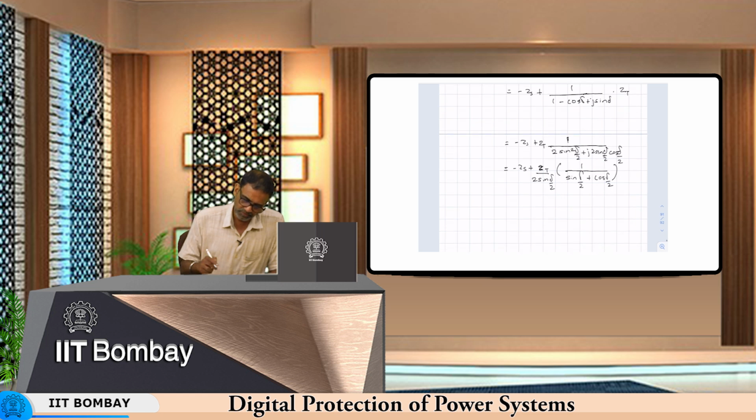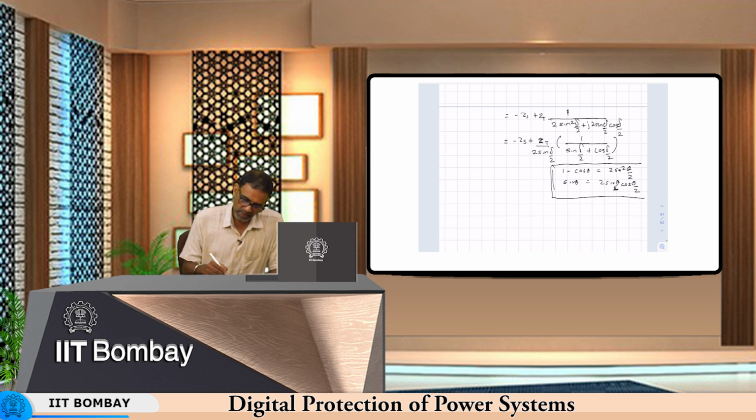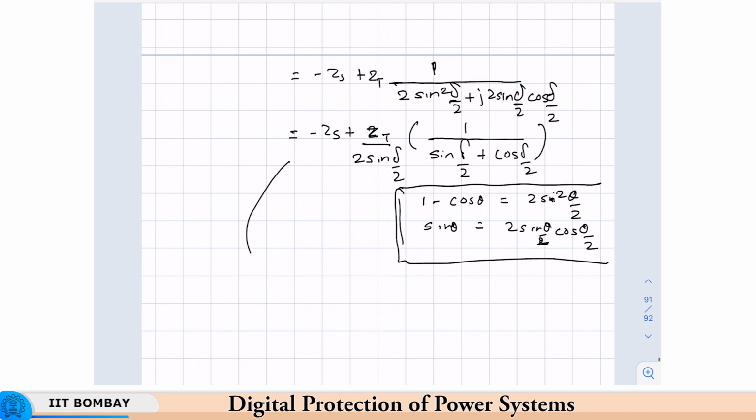If you are wondering what this is, we have just used 1 minus cos theta, and sin theta is 2 sin theta by 2 cos theta by 2. Okay. Now, coming back to our equation here,